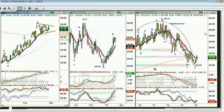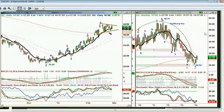All right, folks, Gold Core has had a fabulous move on a weekly and a daily basis, not a monthly basis. The monthly looks terrible, but going from 20.54 to the most recent high of 28.13, that's a great move. Now you remember I speak a lot about the 200-period moving average. When a stock is very difficult to get into, but it's showing all the characteristics of buyers coming in and the chance